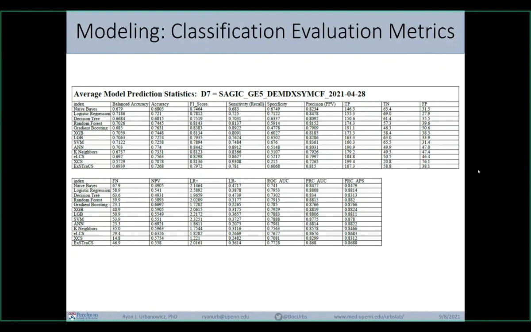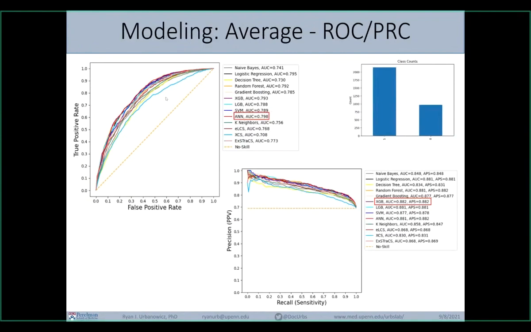Here's for modeling. It also automatically generates ROC and PRC, precision recall curve plots. Again, comparing machine learners. Here, we're looking at the average performance across all tenfold cross-validation runs for each algorithm, allowing us a nice way to compare machine learning performance in our analyses. And so in this particular case, because we have a class imbalance, we actually found in this particular analysis that XGB, or extreme gradient boosting, performed the best. And so we're going to focus on that a little bit further,